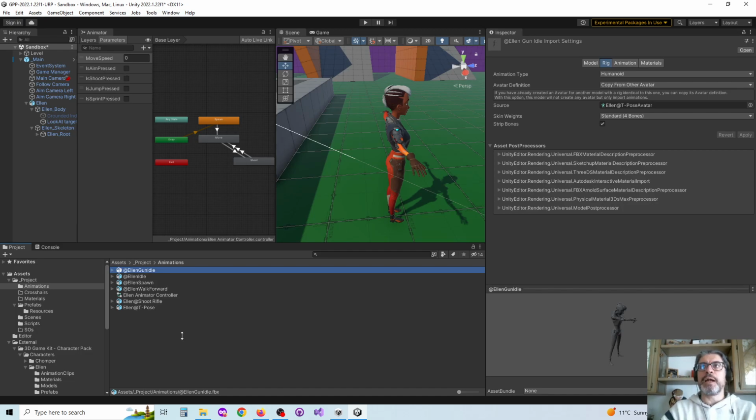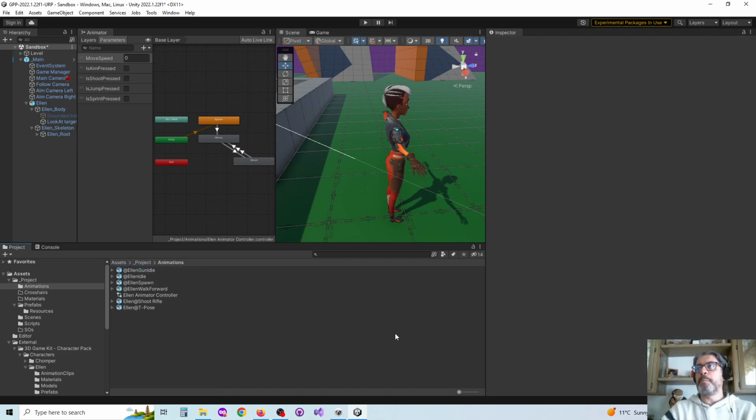Then I download it back with the skin in T-pose, of course selecting FBX Unity, and then drag and drop it into Unity, and then selecting humanoid. And of course the Ellen one, it will be not copy from other avatar but create from this model, because it has the built-in sort of mesh avatar in it, and then apply, and it actually generates the avatar file